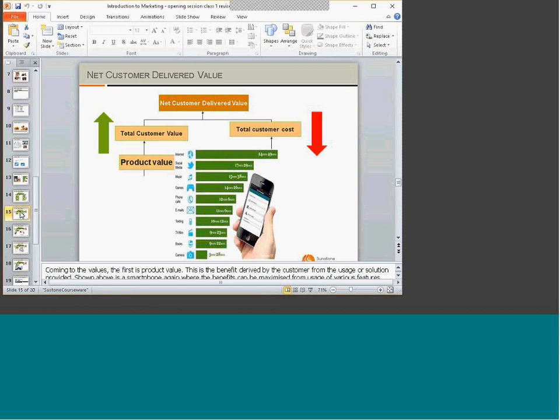But if I give you a different product, like a car, the product value of a Honda Jazz versus a Maruti Baleno, both of them will definitely be valued by you differently, because of their features, because of the expected usage, because of the product life, because of other parameters that you will get in your mind. Okay, so does it become clear to understand?